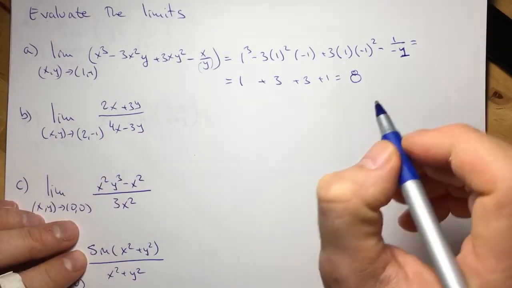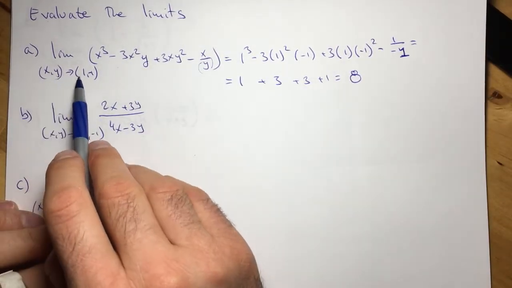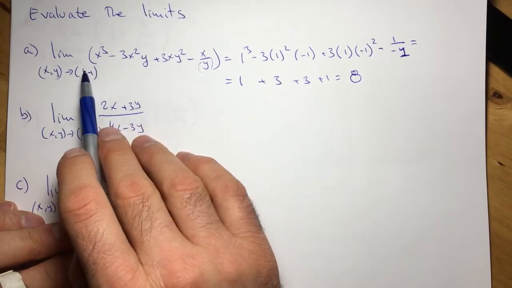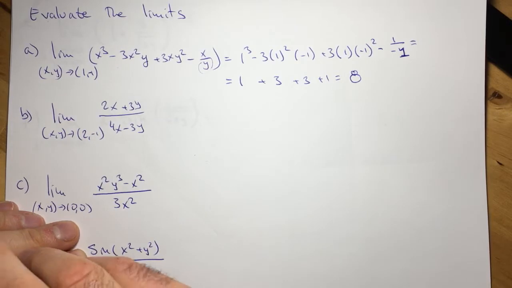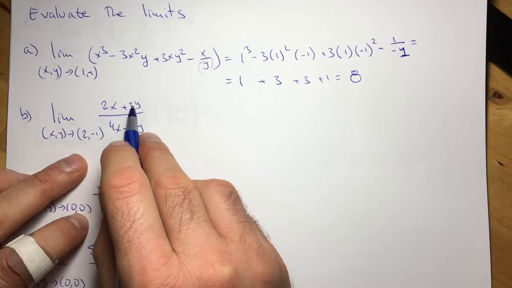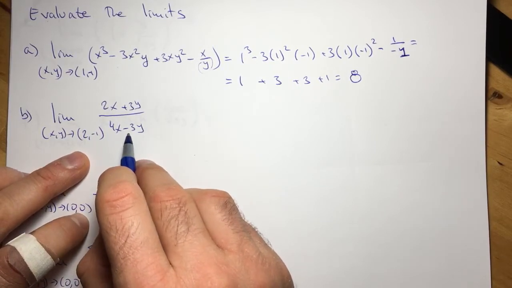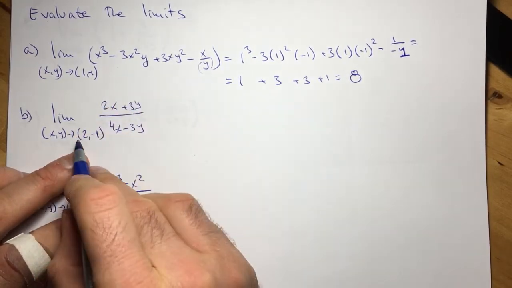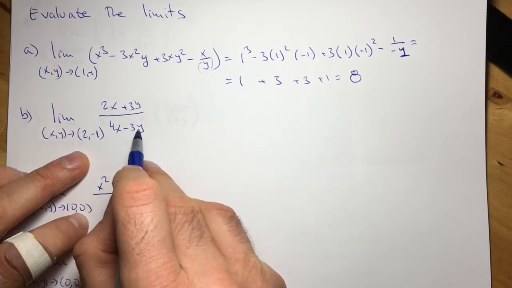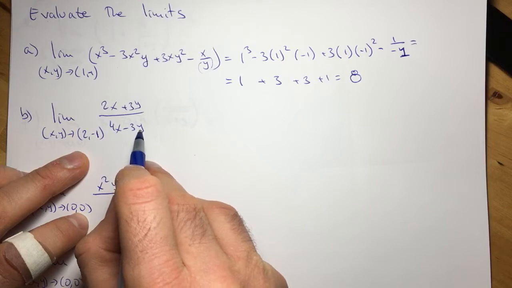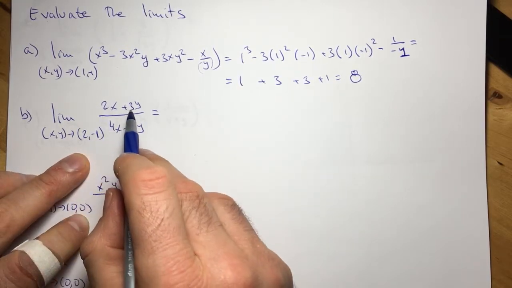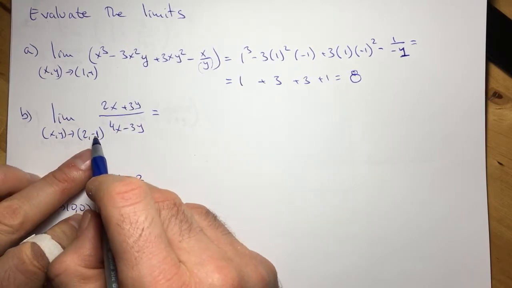Okay, so as long as the point towards which we are approaching is part of the domain of the multivariable function, all we do is we just plug the values for x, y, z, and so on. Okay, so let's see the second example. In the denominator, is the denominator going to be 0 when x is 2 and y is -1? 4 times 2 is 8. 3 times -1 is -3. So the denominator stays away from 0,